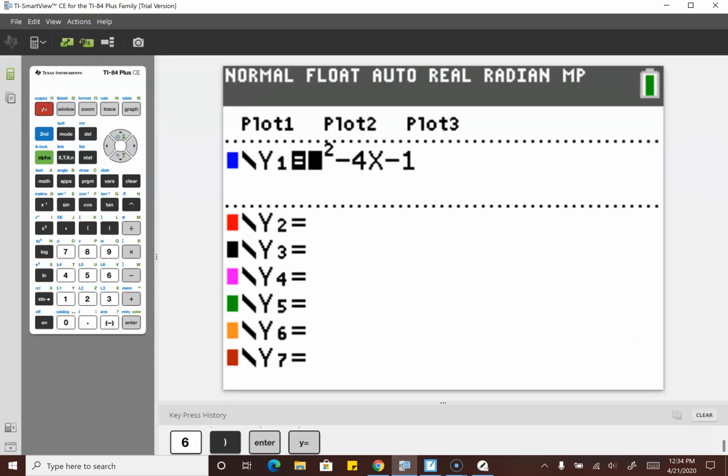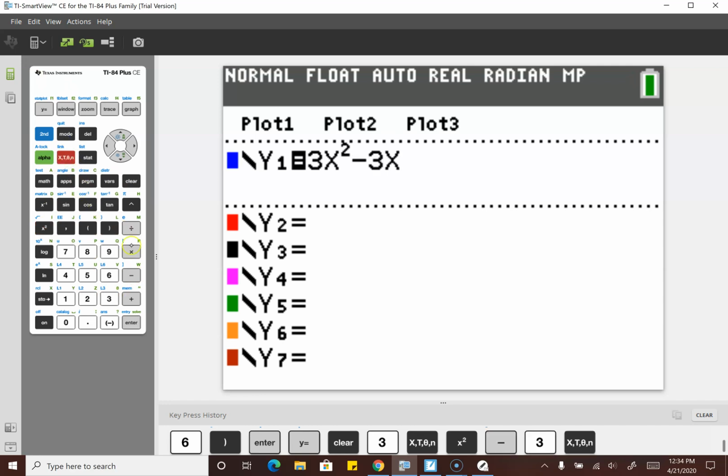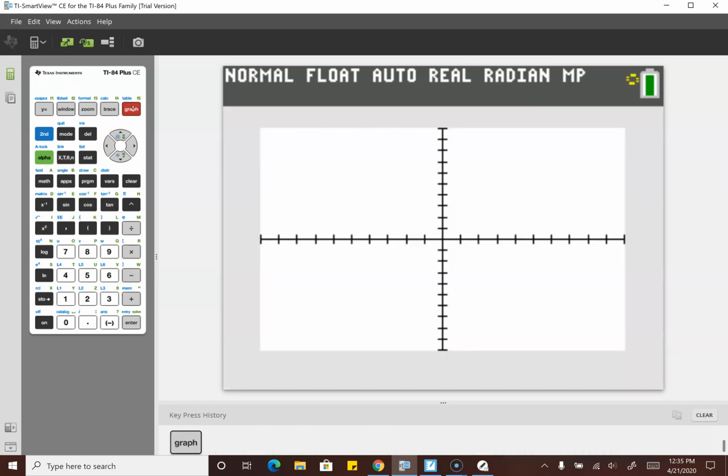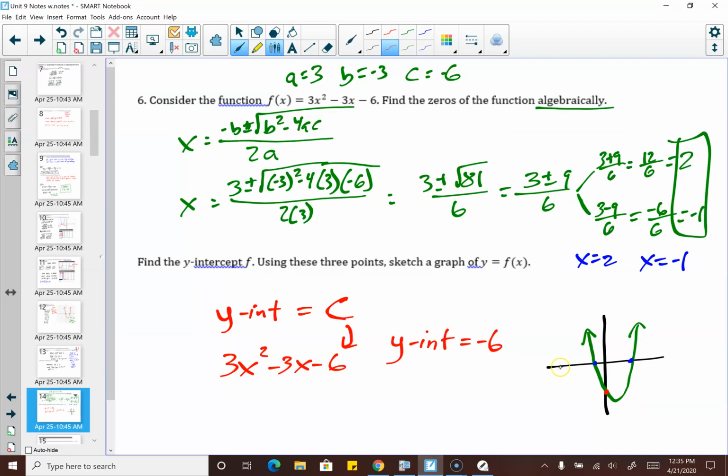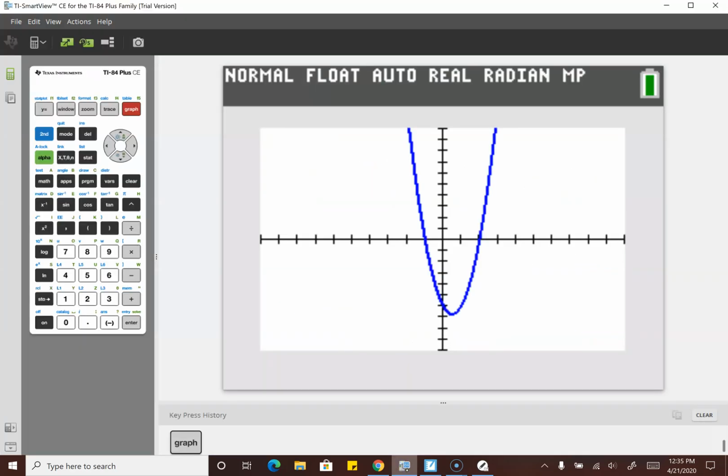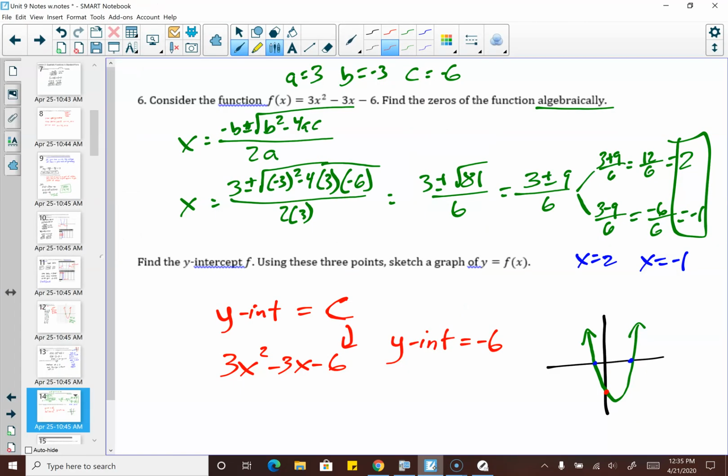And if we want to just verify really quick, 3x squared minus 3x minus 6, we just want to verify what this looks like. I would say that sketch and that picture on the graph is pretty close to what this actually looks like, okay? So a little bit more on the vocabulary, a couple different ways of finding our x-intercepts, and then a new way of finding our y-intercept is our summary from lesson